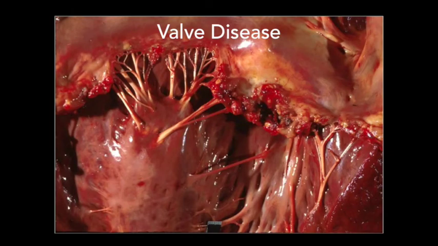The valves can become diseased, and this is an example of a heart valve where you can see these are the chordae tendineae, and this is all streptococcal infection. This is Streptococcus pyogenes that's caused this. It's an example of a patient that had rheumatic fever. They've developed all these little tiny blood clots on the surface here, and it's very badly infected. Now, not surprising, this patient died because we're looking at a post-mortem image, and what you can see is very red, inflamed areas. This is very angry looking tissue,